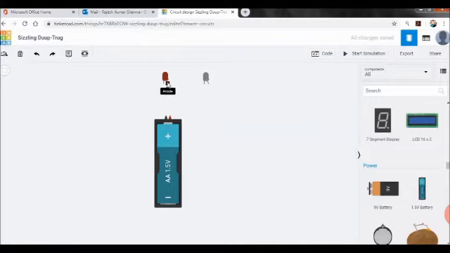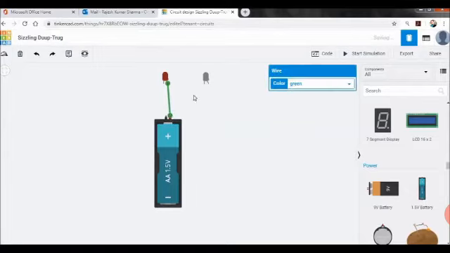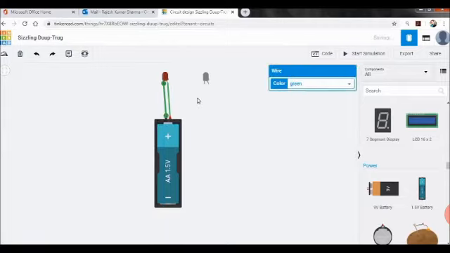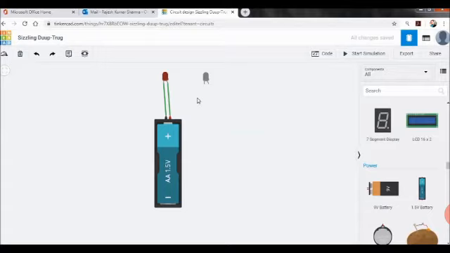So what is to be done? Just bring your cursor on the anode, click the left of the mouse and then drag it down. Automatically the wire will come, and when you see the positive, just leave your mouse there. This is how the wire will come automatically. The wire is not selected, it will come automatically. Again you click and drag. Once you click the left of the mouse and drag it, it will connect, that is, the wire will come.